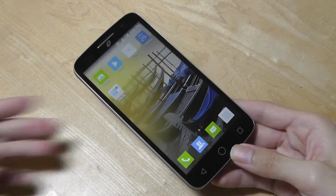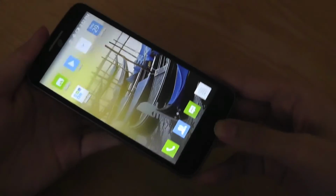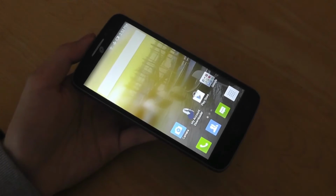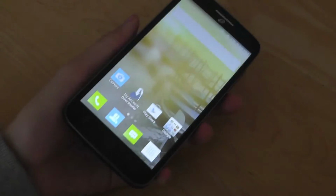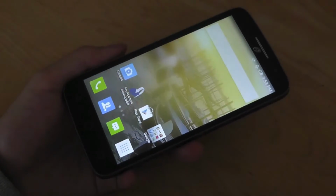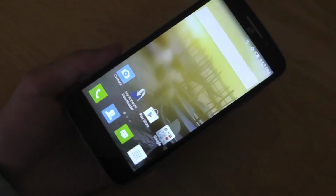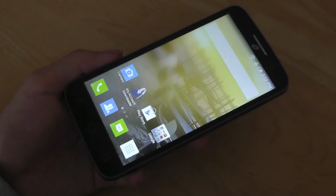So some things I want to quickly point out. Now, if I dim the lights over here and tap on the capacitive keys down below, you can see they are backlit, so that is a nice addition. Otherwise, the screen is decent as far as brightness is concerned, but it's a pretty typical TFT LCD panel, which is to say colors can seem a little bit muted